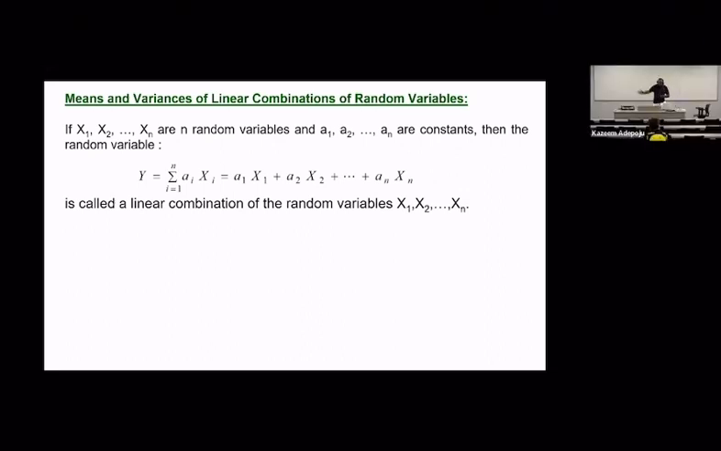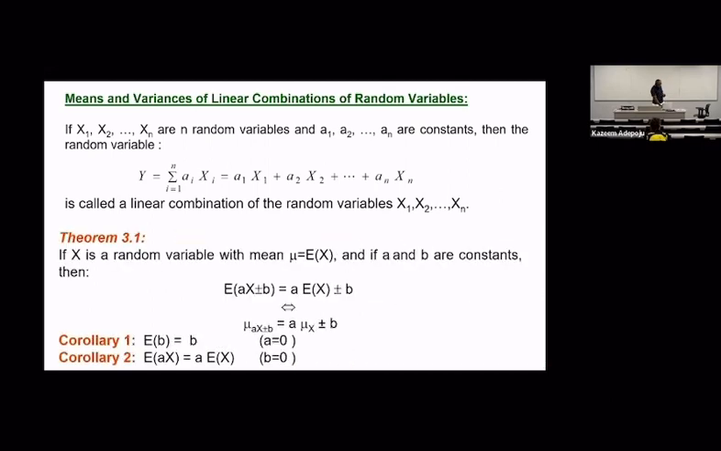Okay, so this is what we call linear combination of random variables. Now I'm going to go into theorem. Theorem 3.1. If I have a particular random variable x, the mean of that exists. The mean of x is expected value of x, as you can see. So if a and b are constants, the expected value of ax plus b or ax minus b, all I'm just trying to say is I have the expectation of ax plus b, or I'm talking about expectation of this guy,